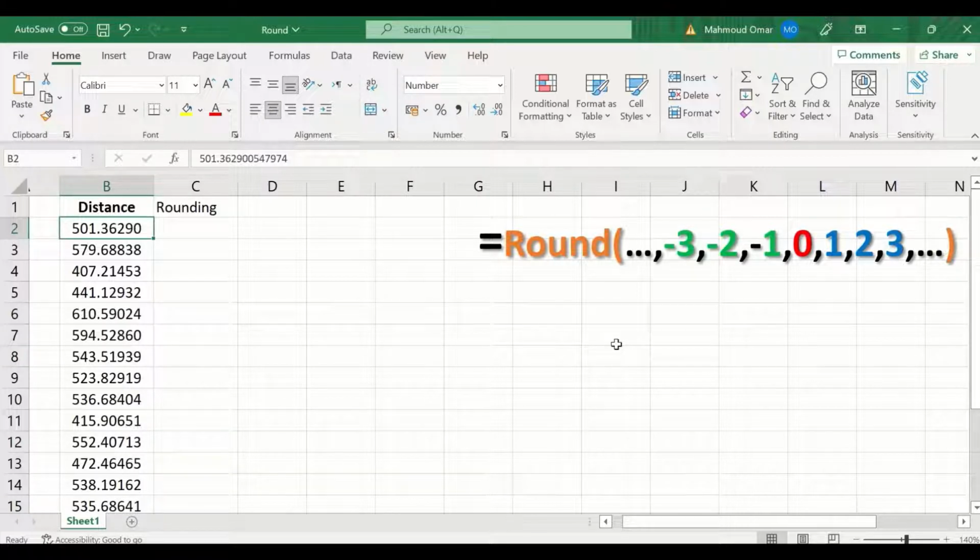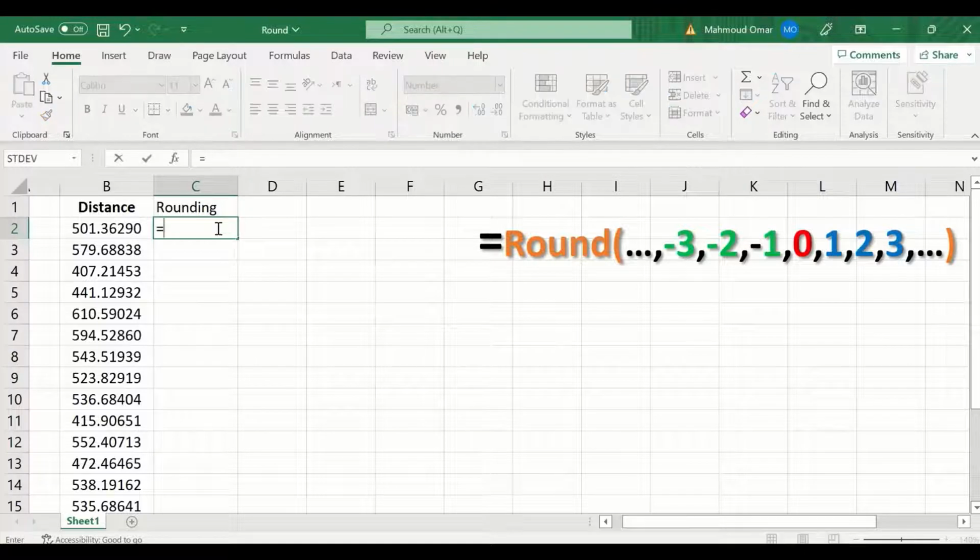have decimal in it. Here in this cell, type equal sign and then type round and select the first round function, and then click on the first cell followed by comma, and then select the number of decimal places that need to be rounded, whether you need to round 1 or 2 or 3 decimal places to the right of